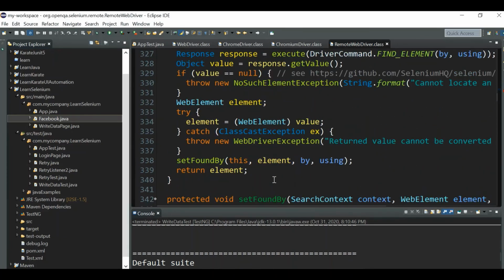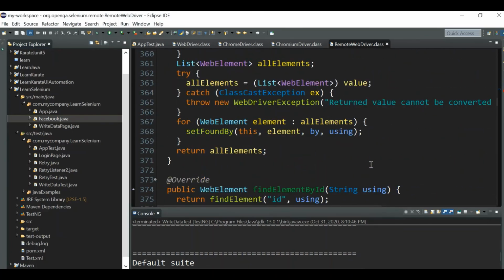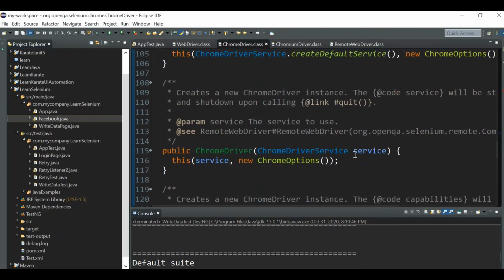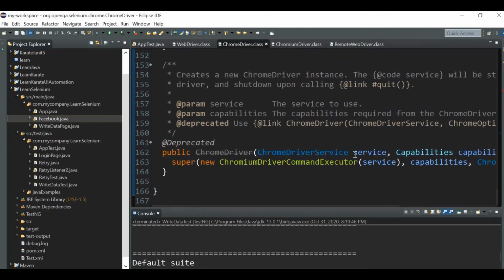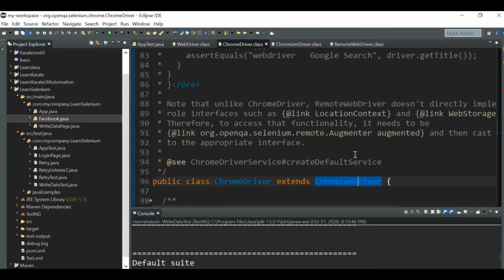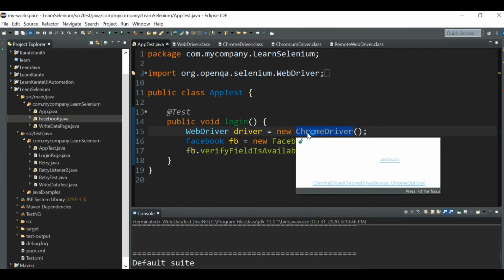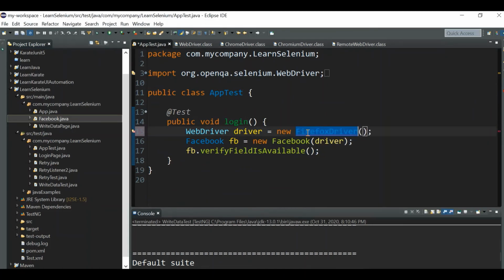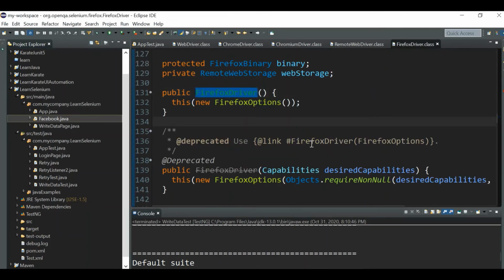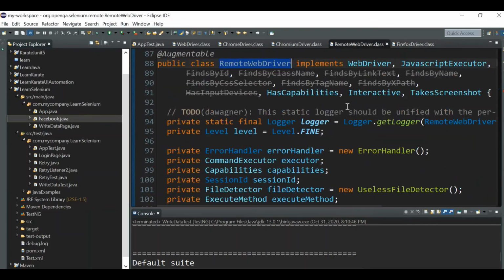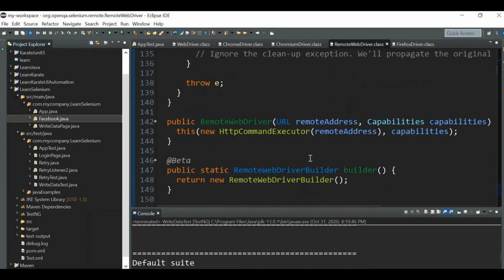So you will have all these methods in the RemoteWebDriver class, and if you go to the Chrome driver class, you will be able to see other methods available for the Chrome driver, as well as if you go to the Firefox driver. Let's change it to Firefox driver. You can see even Firefox driver is extending the RemoteWebDriver class, and the RemoteWebDriver class will have all these methods.